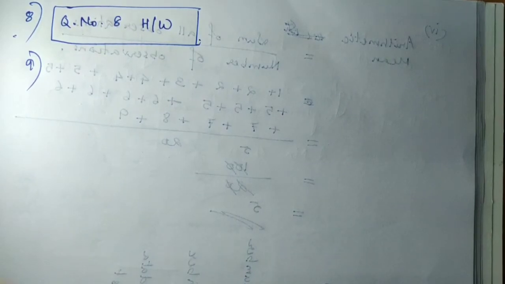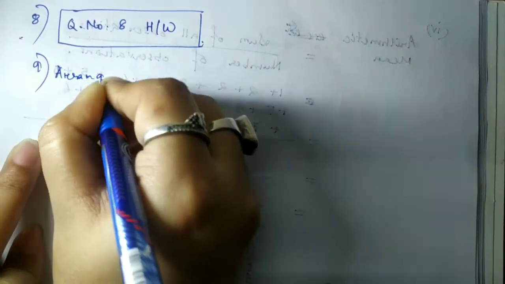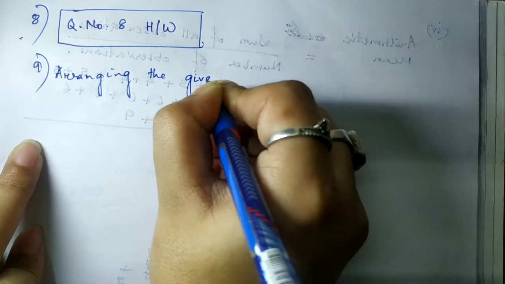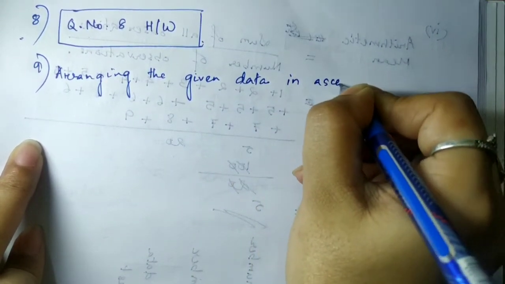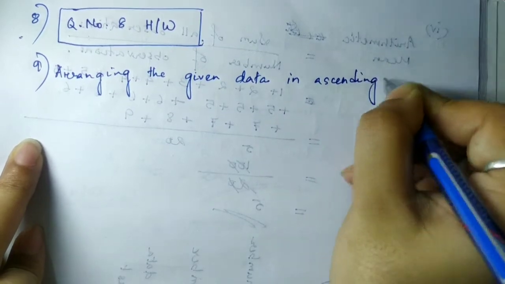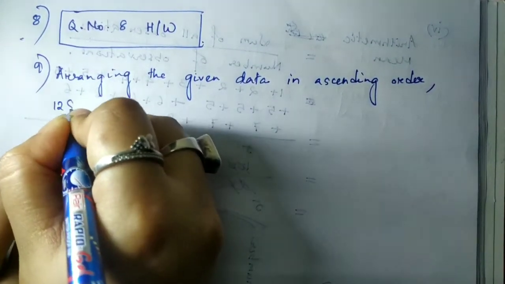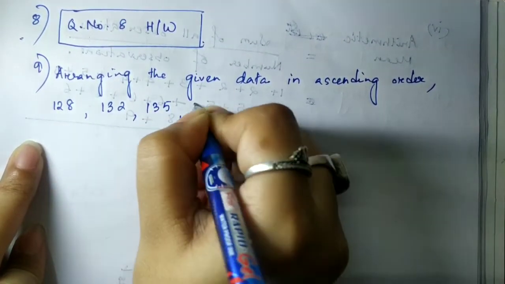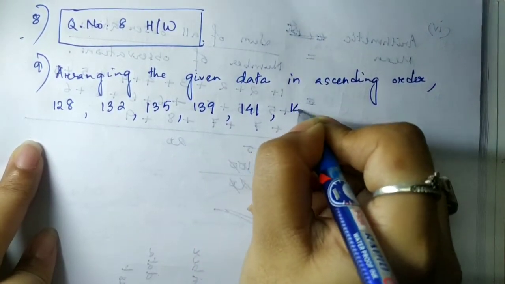Okay, so let's do something before we do calculation. Arranging the given data, you can write the height of the girls, anything, the given data in ascending order. Okay, so you know ascending order, all of you. We get 128 first, then 132, then 135, I hope I am not wrong, 139, then 151, 143,